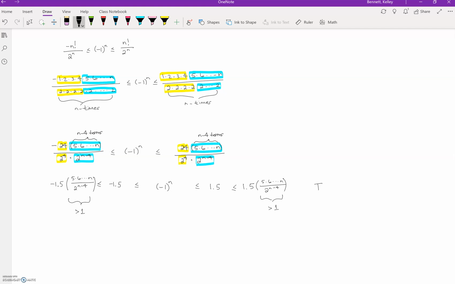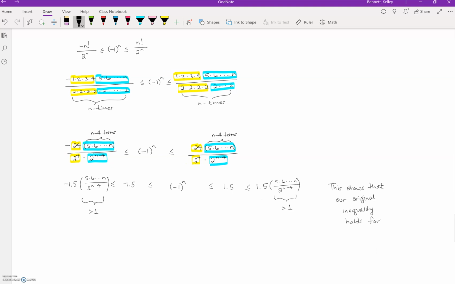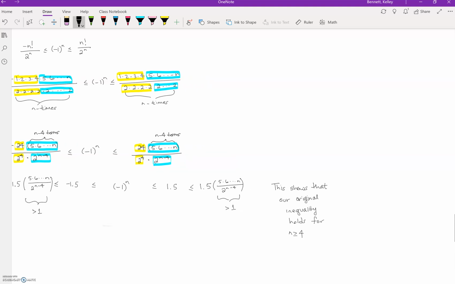So this shows that our original inequality holds, and we really need to figure out what does it hold for. Like, if n was 3, it wouldn't be true, right? Because I'd have, let's look at if n was 3. We're going to find that it's true for 4 and above. But if n was 3,